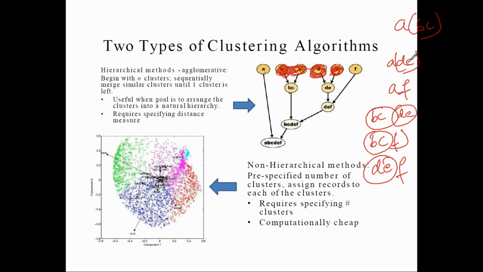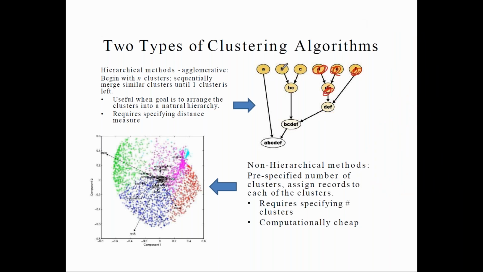In the next iteration, you'll find that DE and F are close to each other. You'll get 1.2, and the remaining you get as 1.5, 2, 3, 4. Which one has the least? DEF is least, so you'll form this as one cluster. Now DE is not there, and F is not there, so you are left with only A, BC, and DEF.